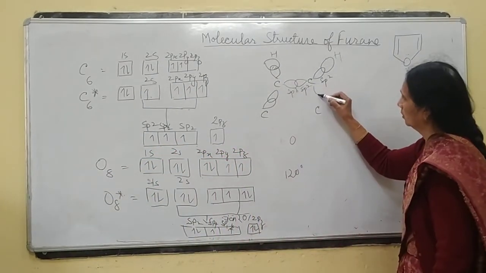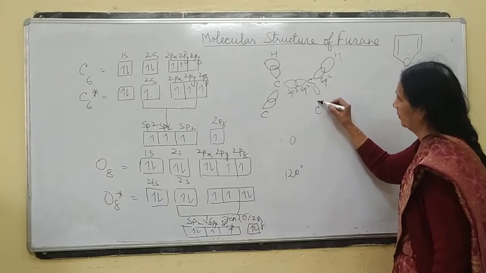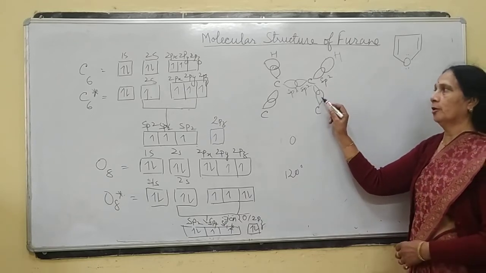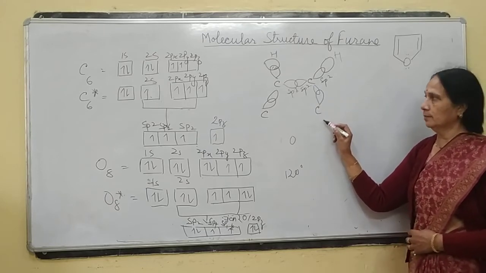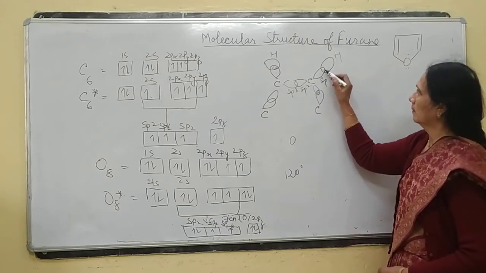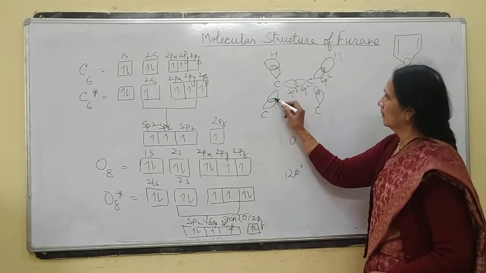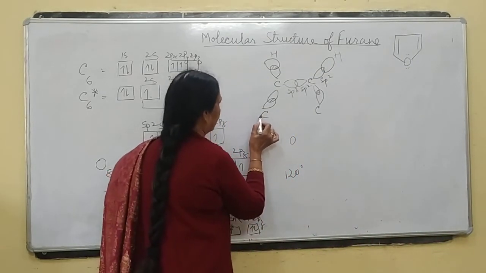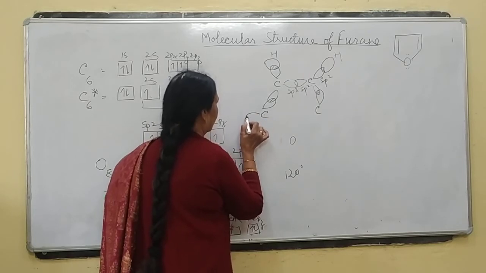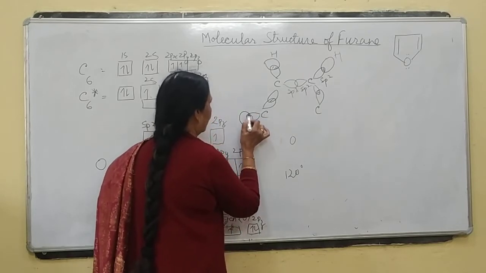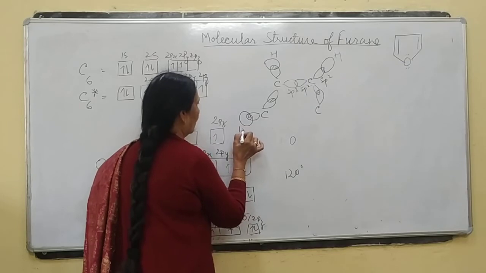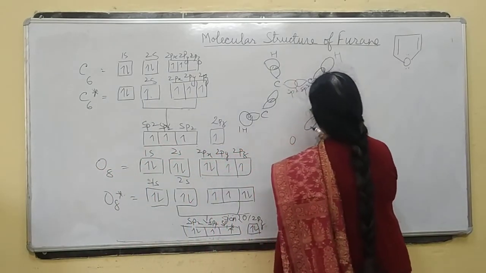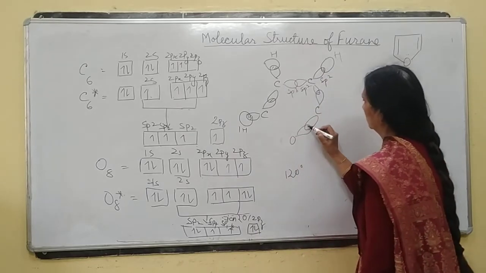Here also the third sp2 hybrid orbital overlaps with the other sp2 hybrid orbital of the carbon atom. Similarly, this carbon atom having one hybridized orbital overlaps with one hydrogen atom, and here also